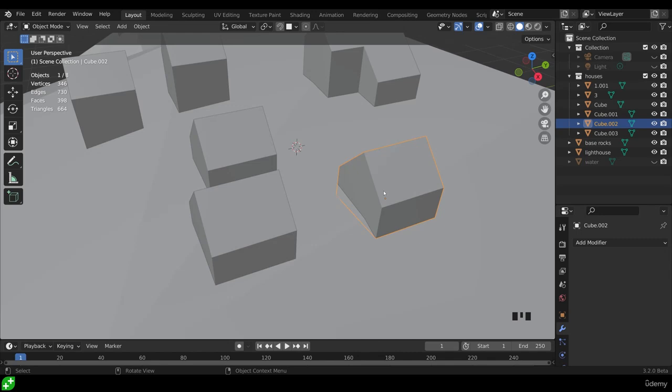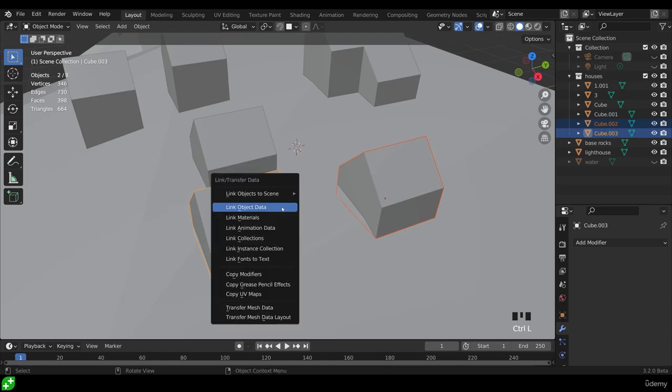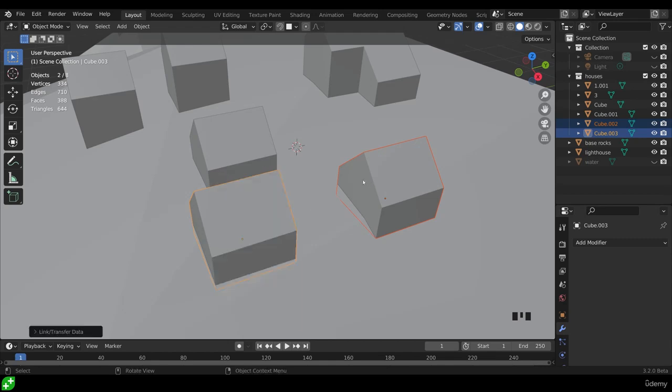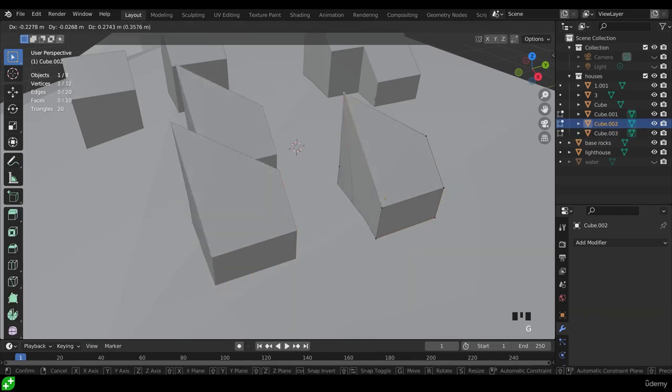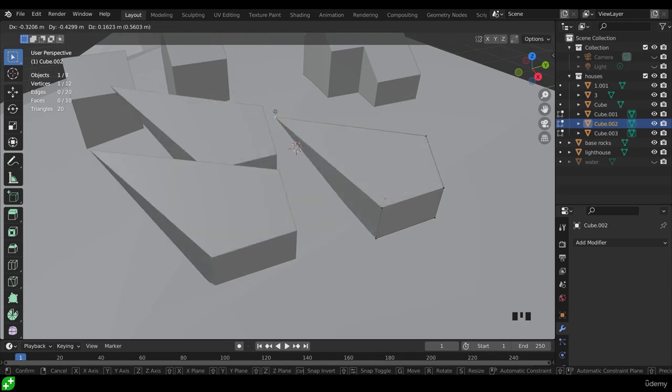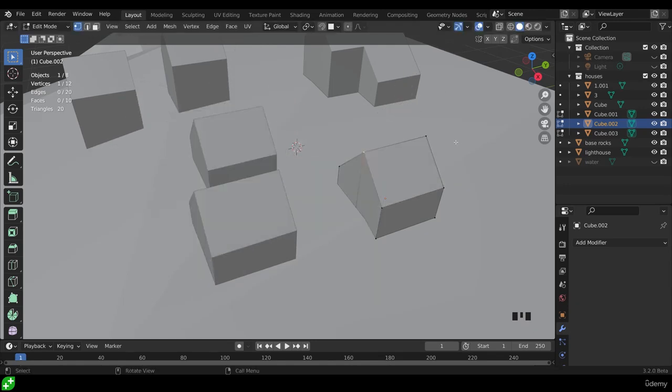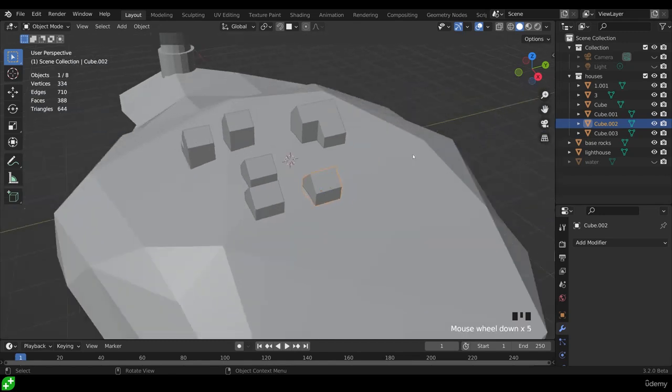Okay, so hopefully you got on okay with that. I select the object that I want to link, and either of these two, because they're both linked together, I can select one of those and just check that that's the active object. It's highlighted yellow. Ctrl L to link, link object data. Now they are all the same. If I go into edit mode with this one, and again move that vertex, you can see they're happily joining in. So I'll right click to cancel that, go back to object mode,